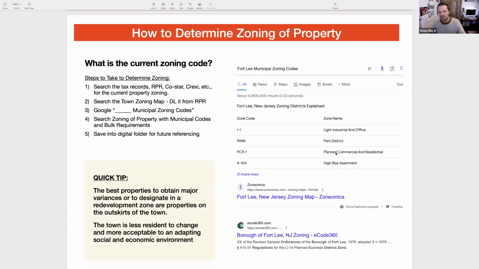I literally go through this same schematic every single time on every single property with my team and with Jason. We look for where it is. We search the tax records. We go through RPR, CoStar, Crexi, and the current property zoning itself. We search the town zoning maps. We Google it. Thankfully, New Jersey has been very technologically advanced with the plans because they have it accessible